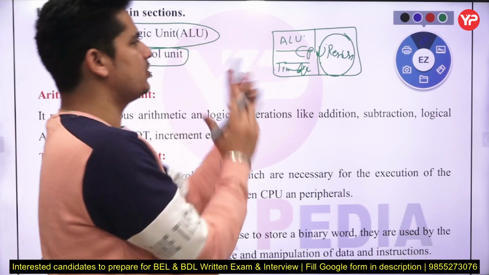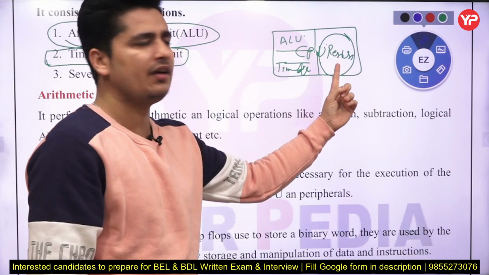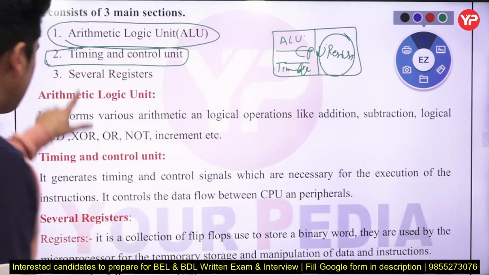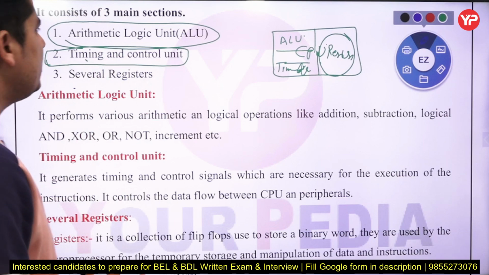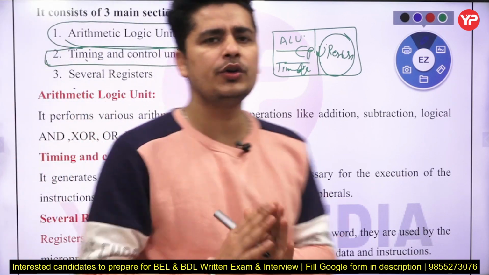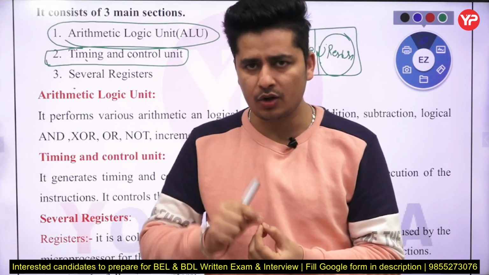So this is the structure. We have the ALU, arithmetical logical unit, timing and control, then we have the registers here. So first, the next thing, the second point, that timing and control. Basically, due to this timing and control unit, you can control the flow of data from the microprocessor to